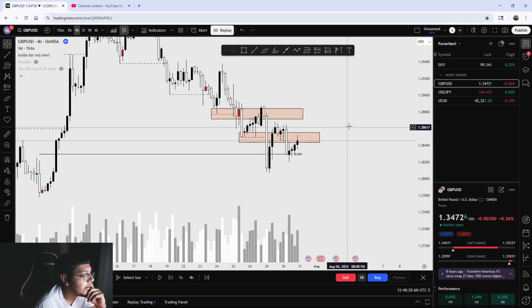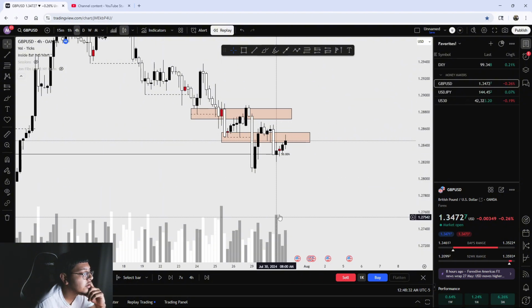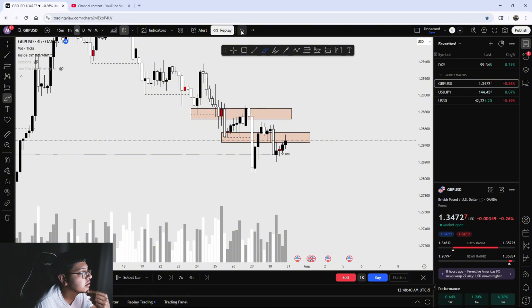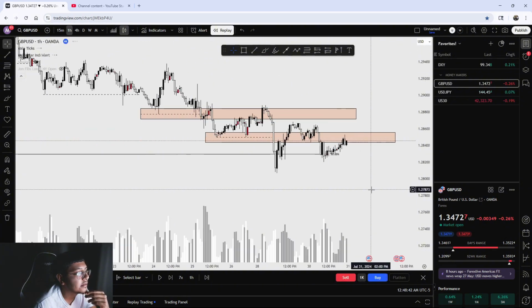4 hour. Thing looks good. We get a high volume candle to the upside. So what do we want to see in this area? We want to see price break below it, right? So